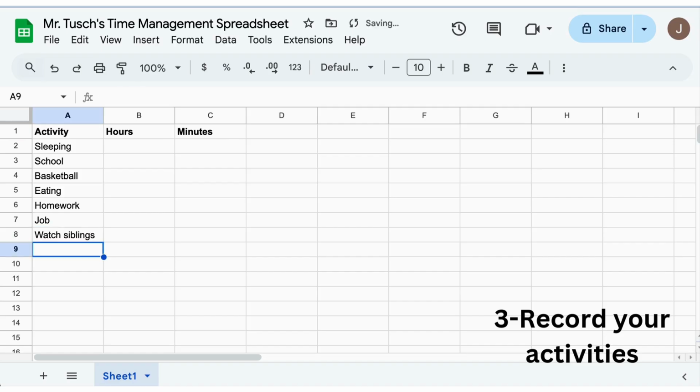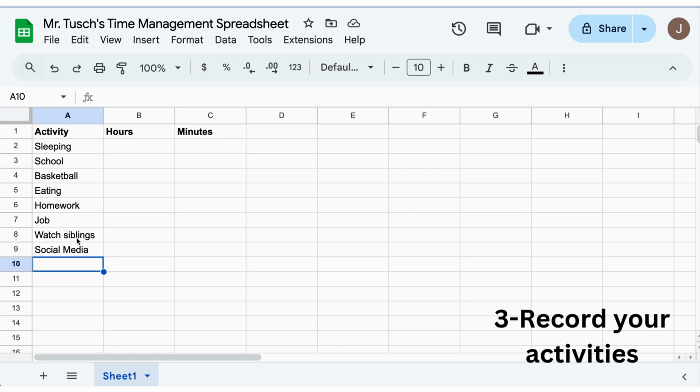Do you play an instrument? Do you have to practice something? Do you have to practice guitar? Or, for example, do you ever go on social media to spend time doom scrolling? So you might want to put social media. All right, these are all things, or gaming, or anything like that. So your list will look different from mine, but I want you to go ahead and look at that.